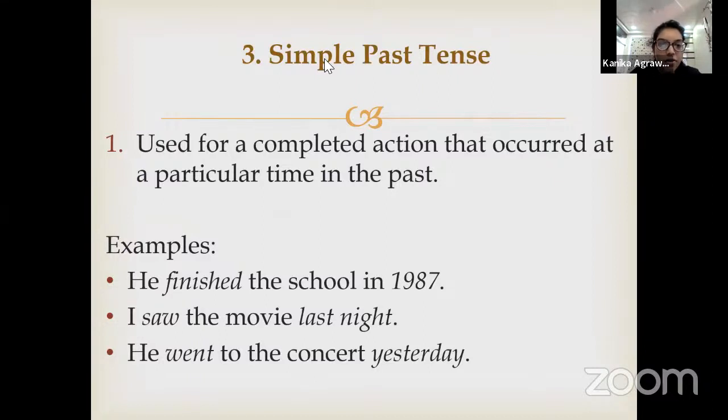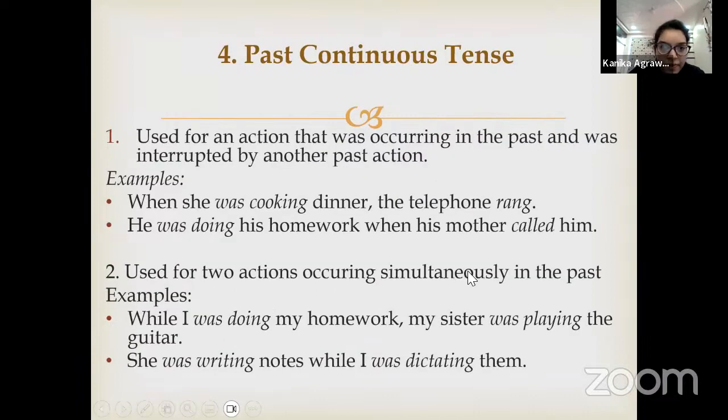Am I clear now? Rupesh, I'm asking you, am I clear now? If not, I'll move on to next. Okay, so we did this. Now,